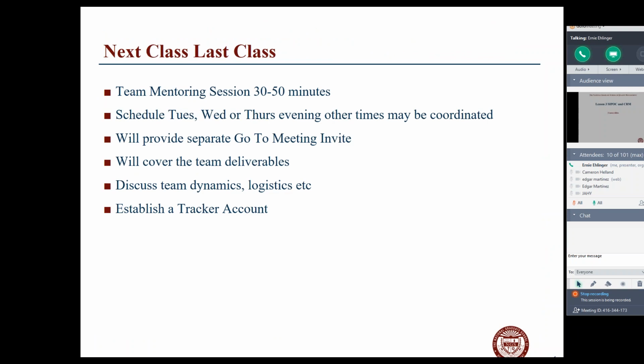Next week, typically they run about 50 minutes. Upon occasion, they may be about 30 minutes. But what I like to do is set up a meeting time that is convenient for you as a team. Now, generally, I'm going to be around, available. As soon as you get your assignments in, you're going to have to do a SIPOC and a CRM for your project. So you need to figure out as a team when you can get these things put together. Now, I'll be available Wednesday for sure at the time that we normally have. And since we don't have a lot of teams, we can go basically in the same time period.